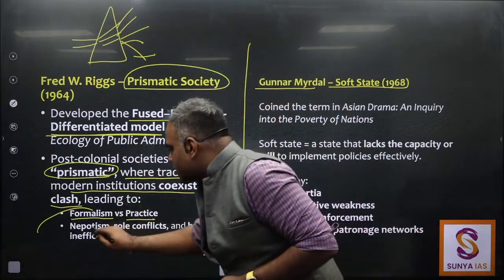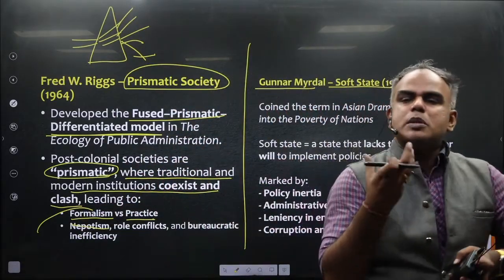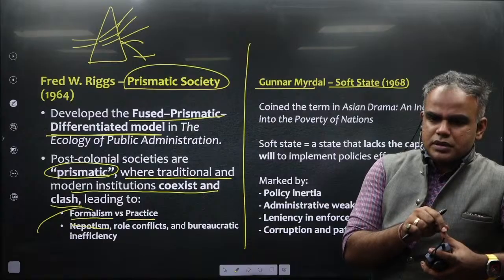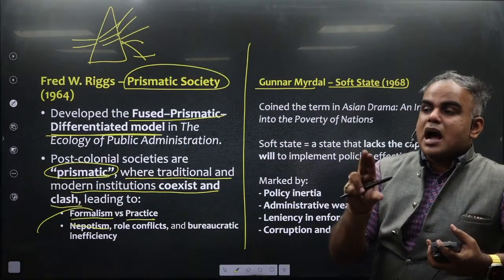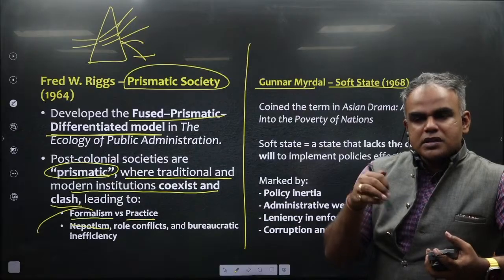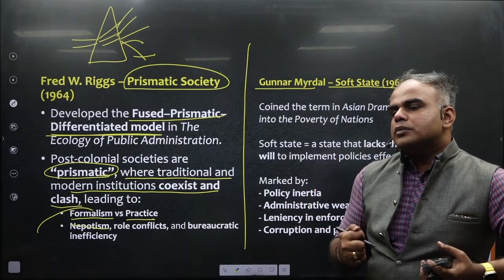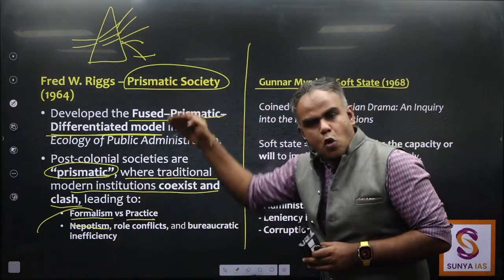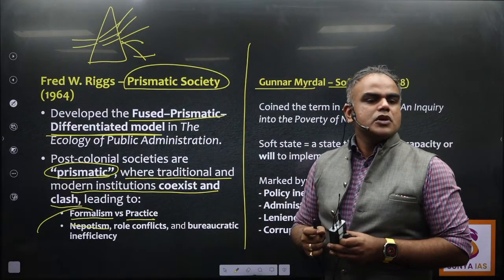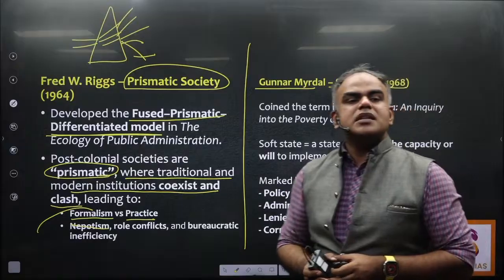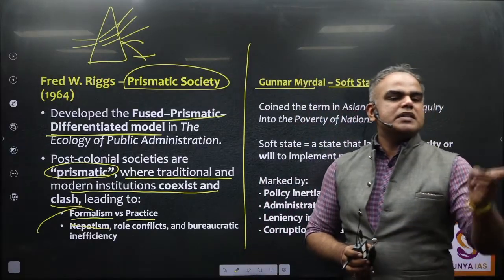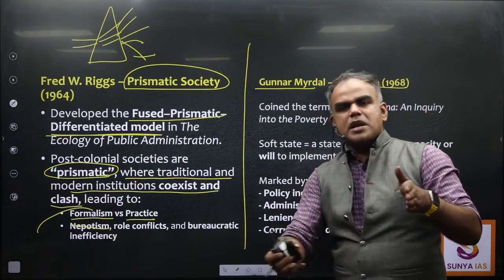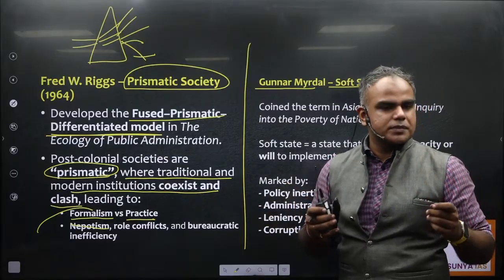These areas have nepotism. We make a lot of noise about nepotism in Bollywood, right? But if you really look at political structures, or the judiciary, you have the uncle judges syndrome. You must have heard of it. Same thing if you go to corporate structures: if you look at board members, there is a lot of nepotism. Again you see nepotism as a core feature of these prismatic societies. I gave you the example that dynastic politics is not exclusive to India. Even in South Asia, look at the Bhutto family, for example, or the same family in Sri Lanka: the whole family continues to rule for almost 40-50 years, right?